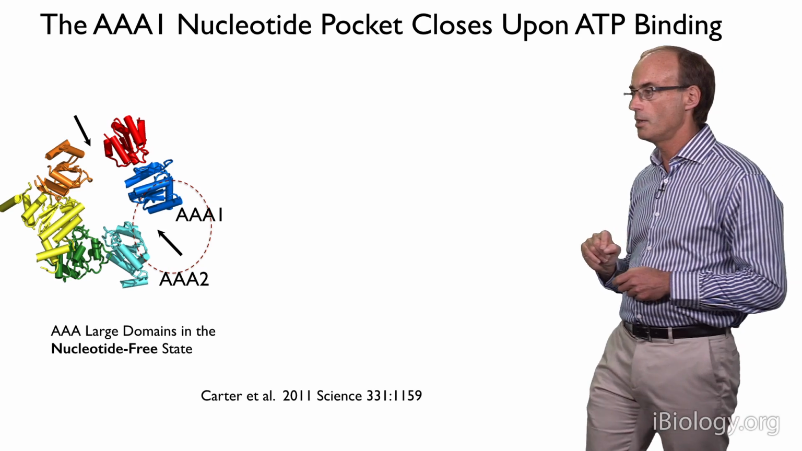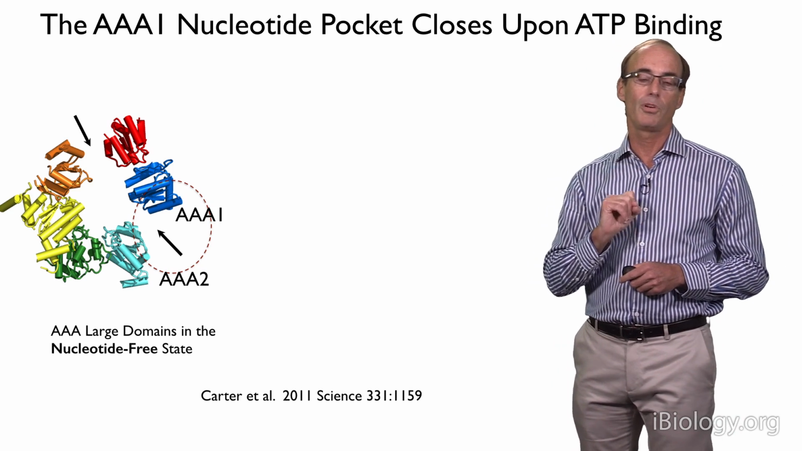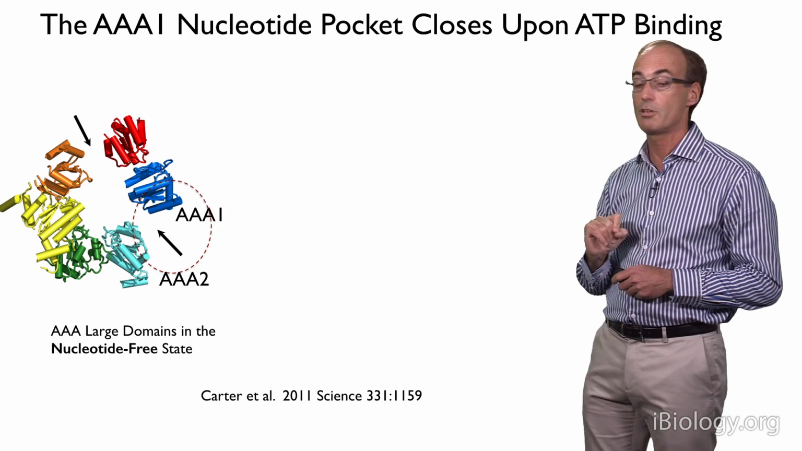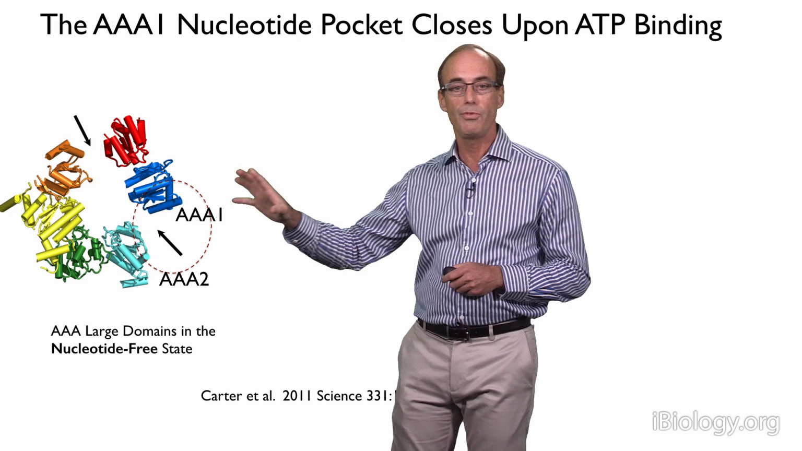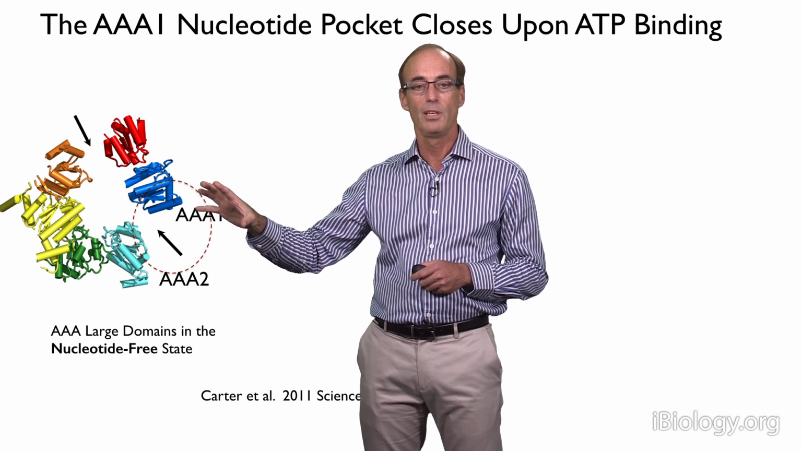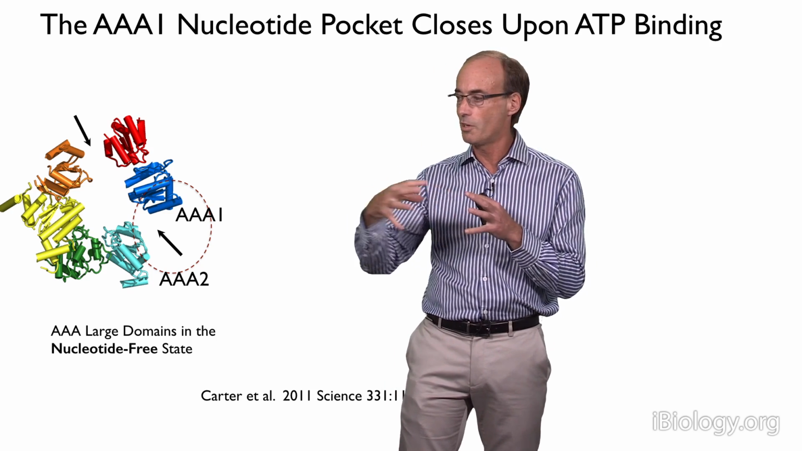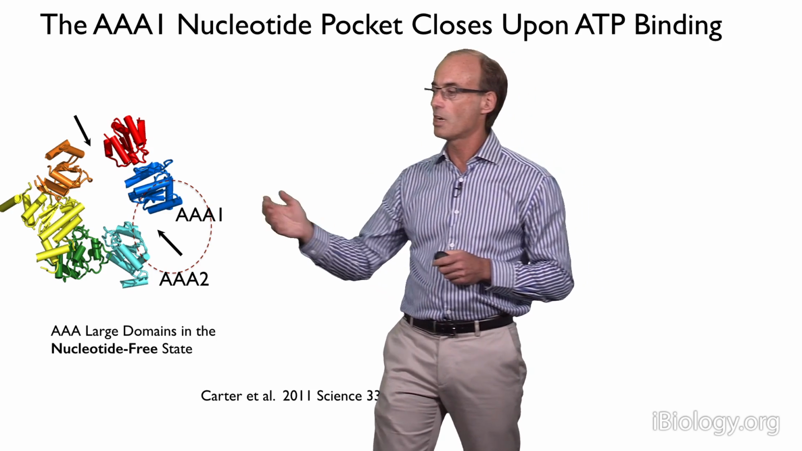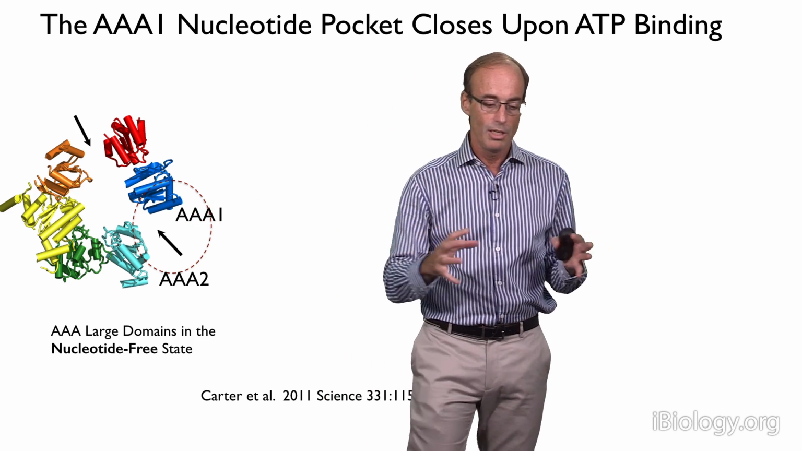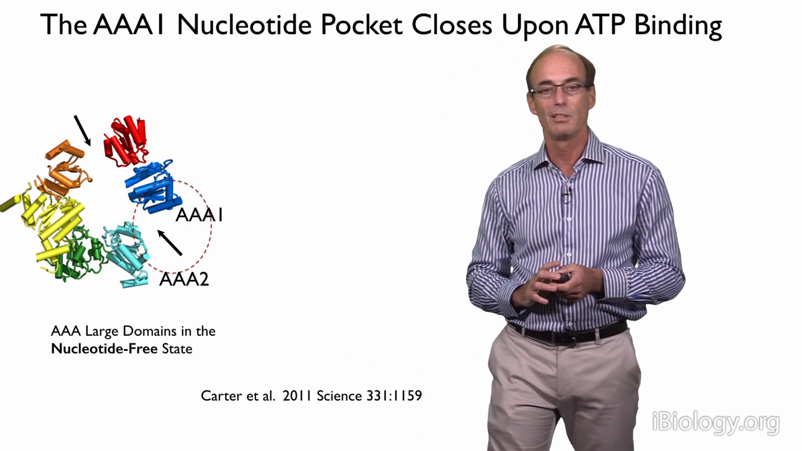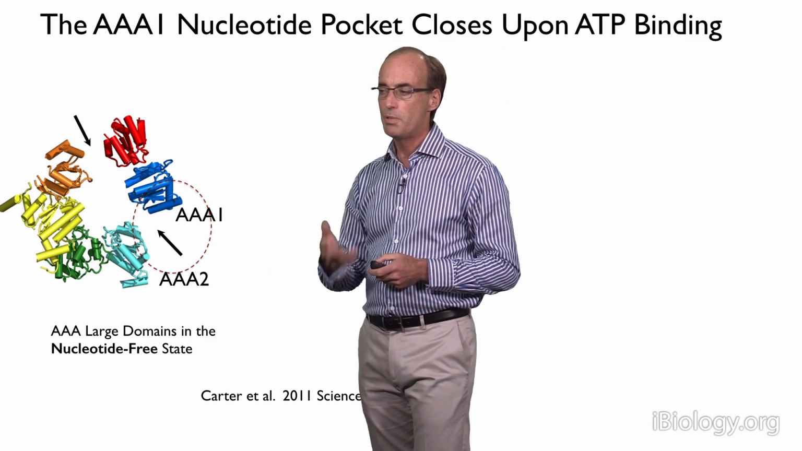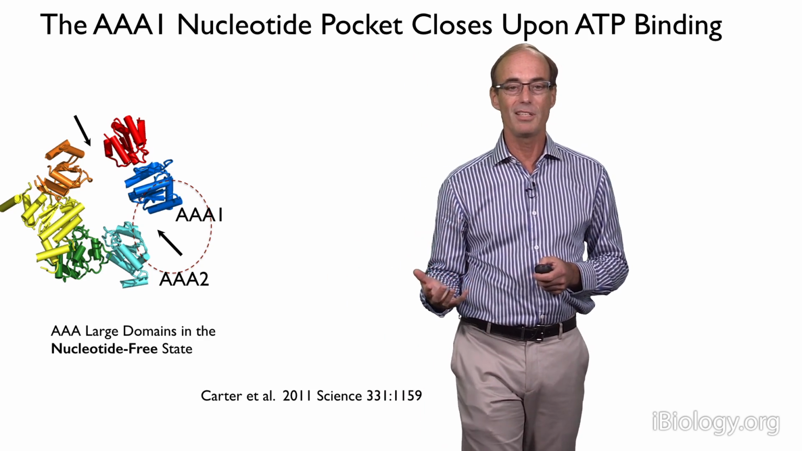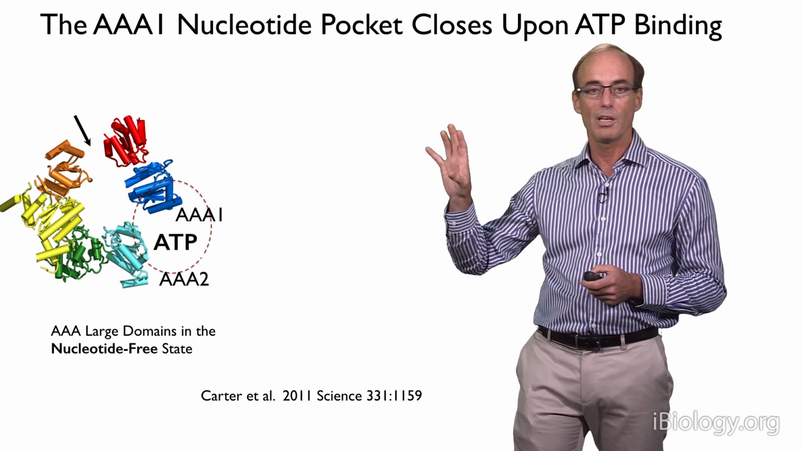So first of all, let me just tell you a hint that we had from our first X-ray crystal structure in the nucleotide-free state. And this just shows the AAA ring, just focusing on the large domains. And the one thing that you notice here is that this ring is not symmetric. It's a very asymmetric structure. And there are a couple of gaps in this ring where the AAA domains are farther apart. And this gap between AAA1 and 2 was particularly interesting and also surprising, because this is the region where ATP